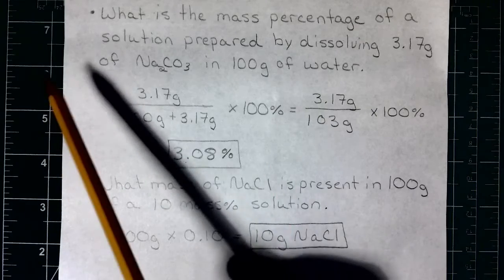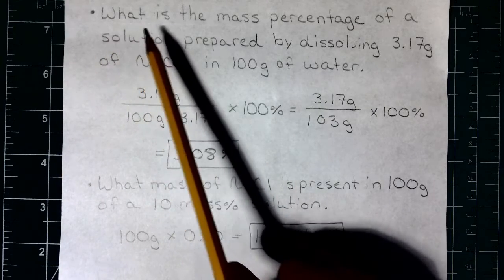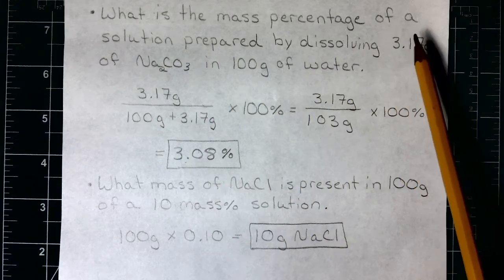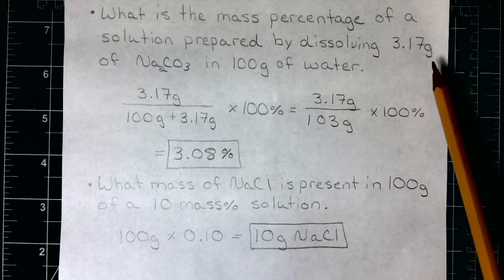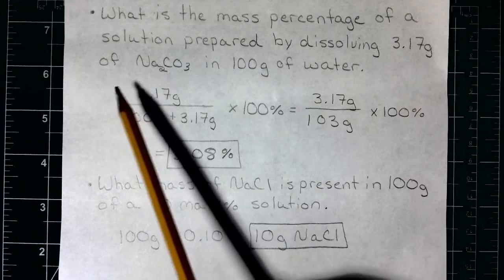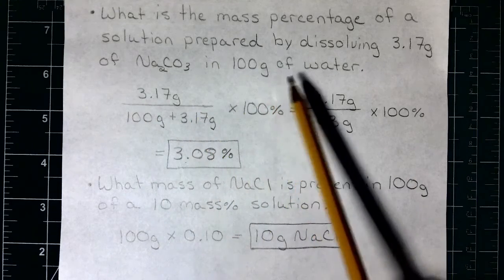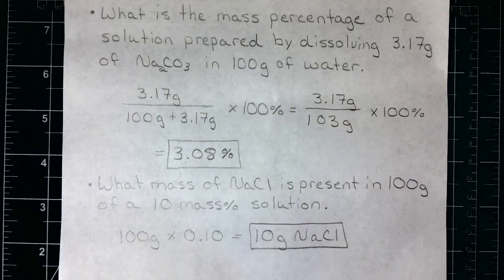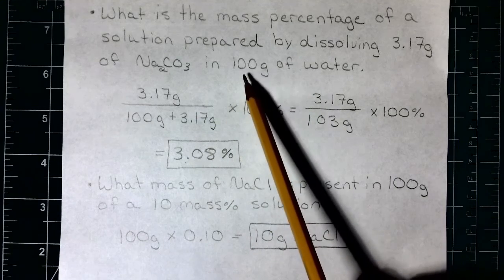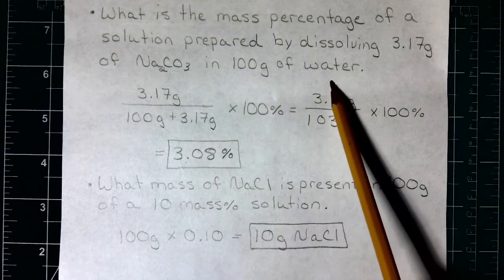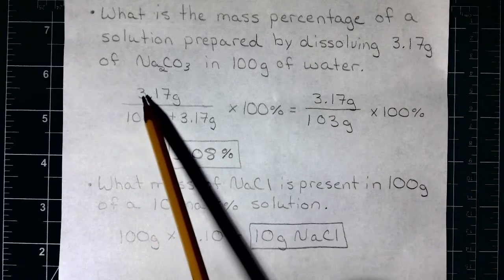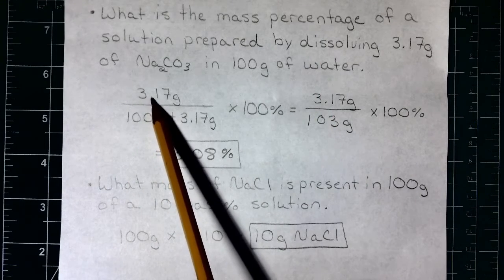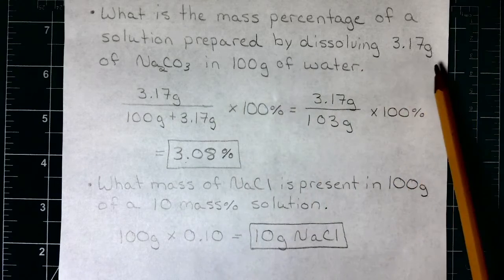In our next example, we're going to ask, what is the mass percentage of a solution prepared by dissolving 3.17 grams of sodium carbonate in 100 grams of water? So in this scenario, we were given the mass of just the solvent, not the mass of solution like in the previous one. So to do this problem, we have to take the mass of our solute, the 3.17 grams,